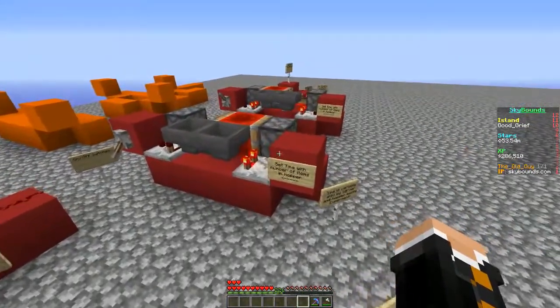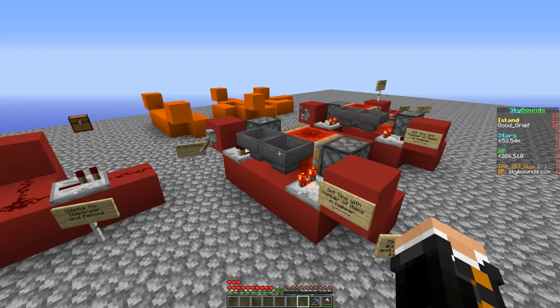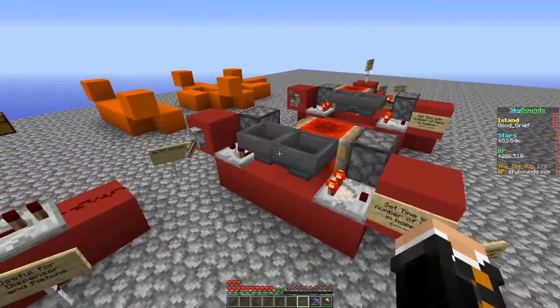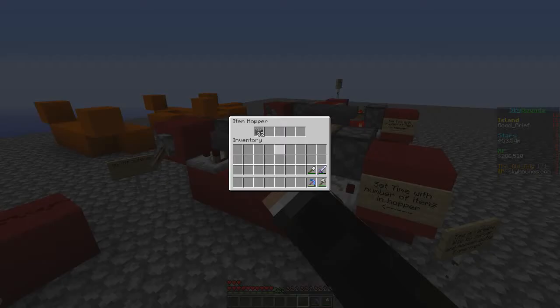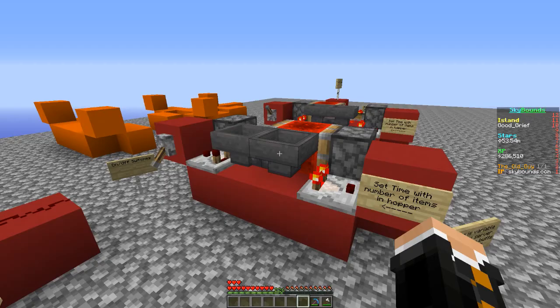On Skybounds right now, I'm on my alt island, and this transfer rate is pretty standard. On my main island, where I have a buff where the items get transferred quicker, it happens a lot quicker. So regardless of what you've got, you probably want to do an experiment: load this up full with items and just time how long it takes to go back and forth to get you